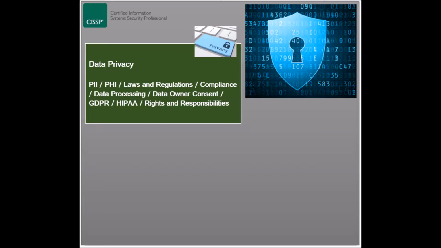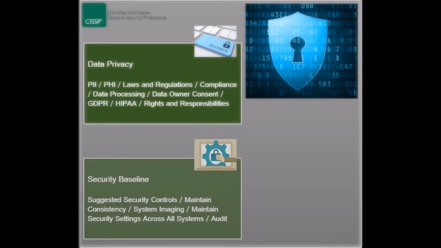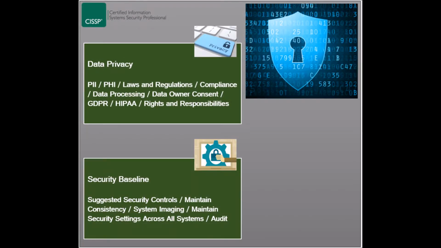In order to protect the data privacy, organizations should implement relevant security controls, and to help them choose the right controls, several security baselines exist that provide a starting point. Security baselines ensure that a minimum security posture is maintained in an organization, if the suggested controls have been properly planned, implemented, and maintained. In order to ensure consistency in applying security settings across information systems, organizations could take an